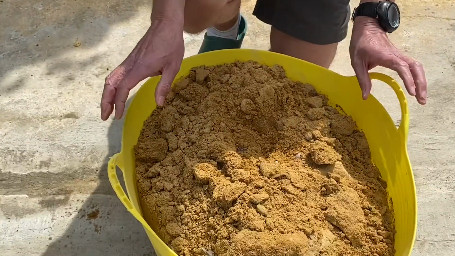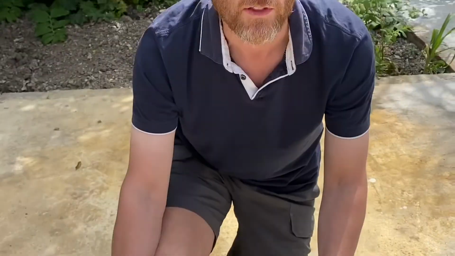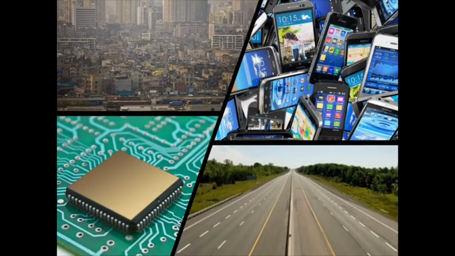First up, a fact. You may not be aware that after water, sand is the second most consumed resource on the planet. Each year we get through 50 billion tonnes of it. That's 18 kilograms for every single person on the planet, every single day. How on earth do we manage to consume so much sand?